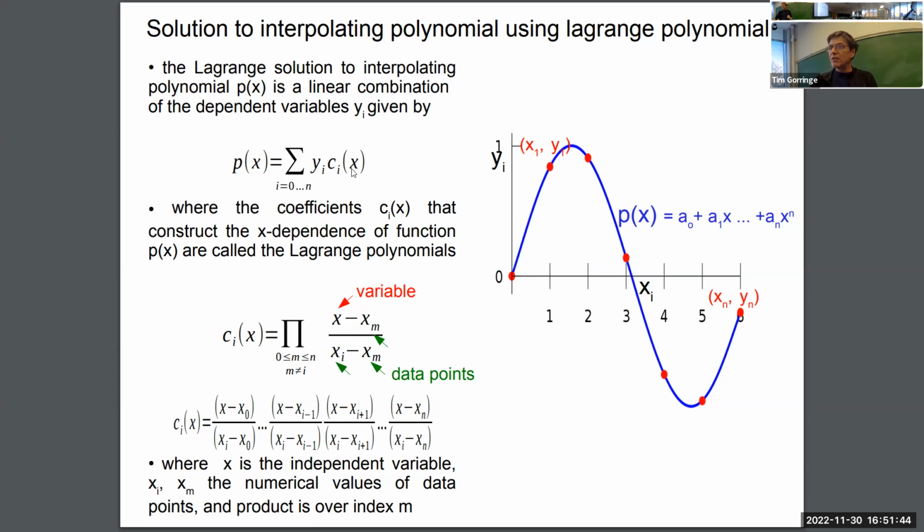I'm not proving this expression here, but this is a way of constructing that polynomial that goes through the data points. You're constructing it by computing this sum of the product of your data points with these